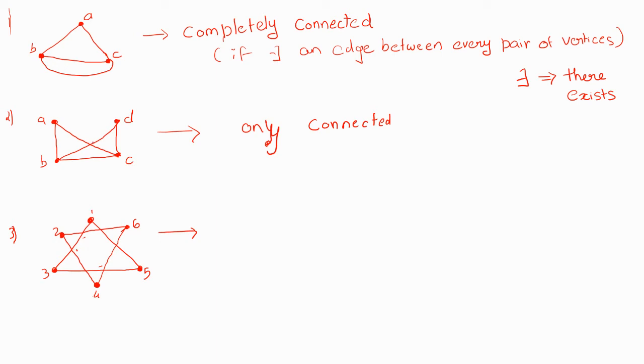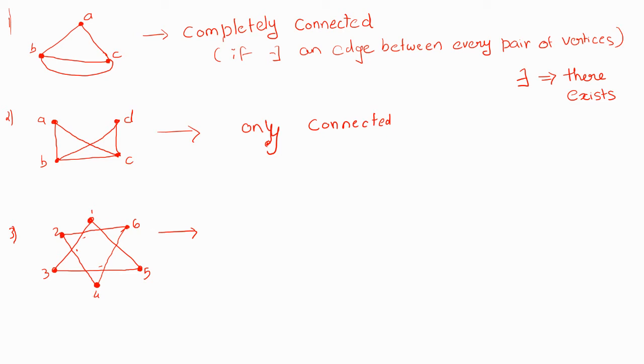Similarly in this graph, here there is just a crossing. They are just overlapped, but they are not connected. So don't consider this as a vertex unless it has been named as a vertex. Okay? So in this case, if we go to C, there does not exist any path between 1 and 6.